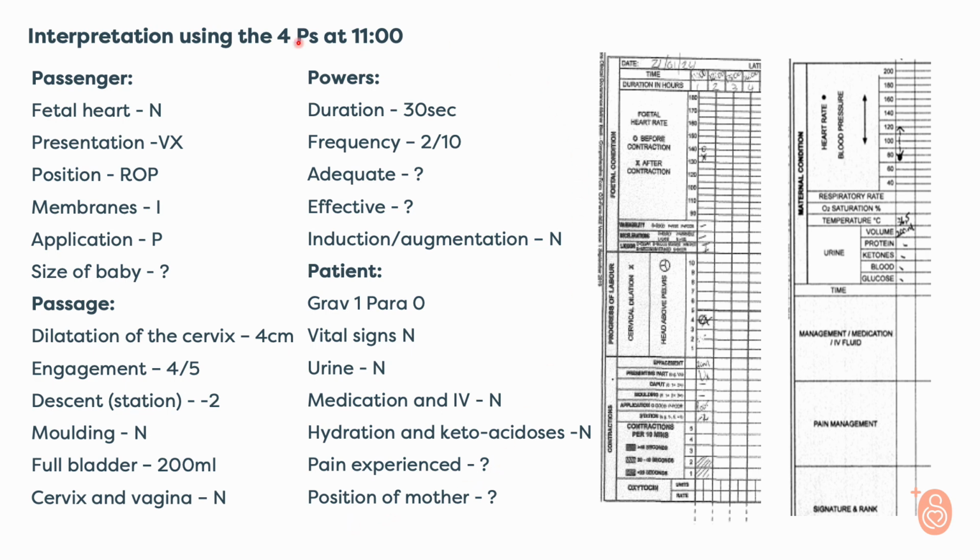So in general, there are some red lights saying to us that this might be a prolonged labor, of which one is the occipito-posterior position, the fact that the application is poor, possibly due to poor flexion, the fact that the head is still very high, and the fact that there might be a full bladder which might obstruct labor. The contractions we will see about, and as far as the patient is concerned, everything seemed to